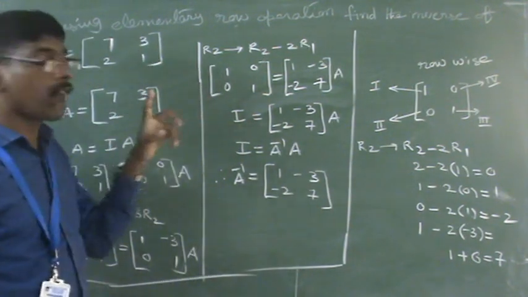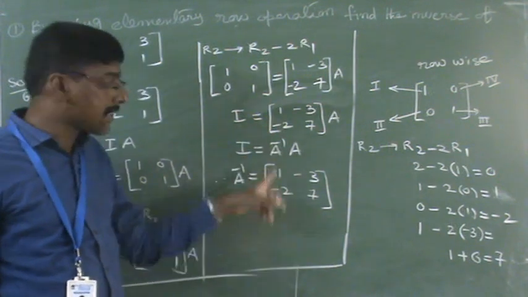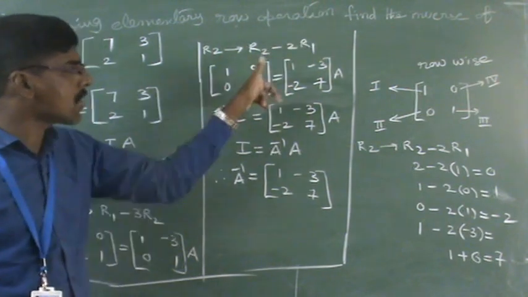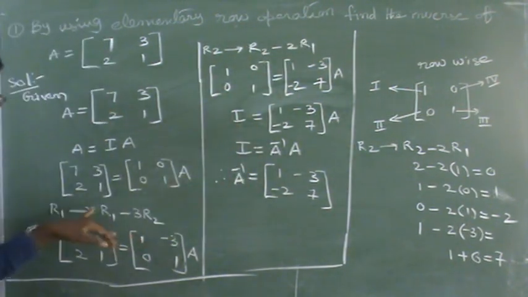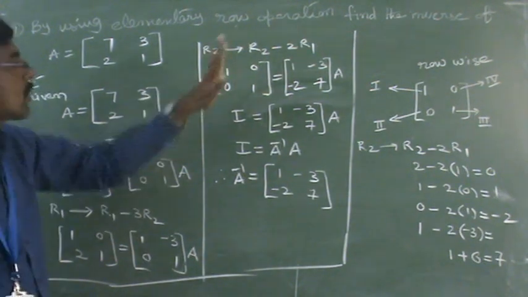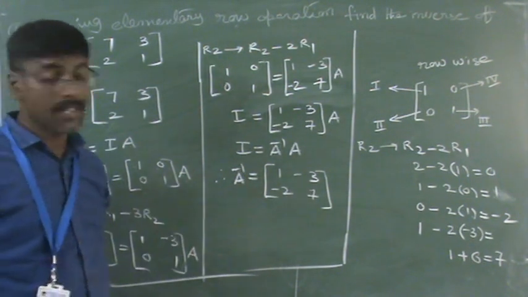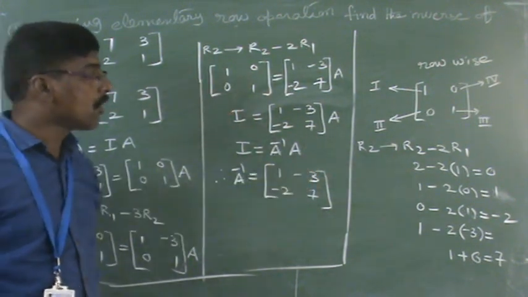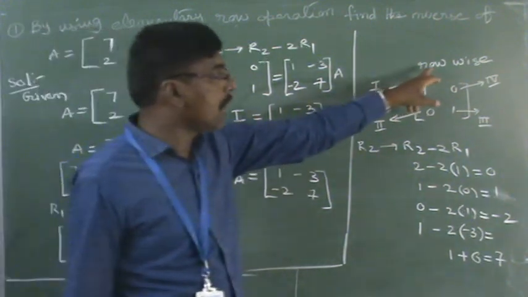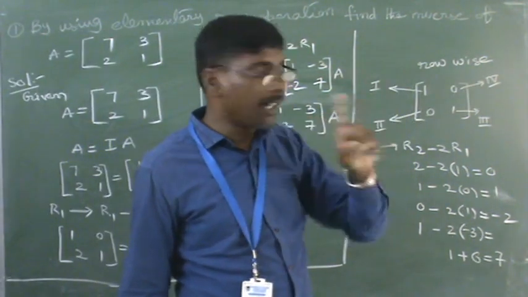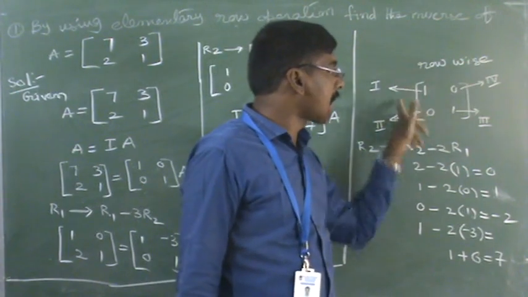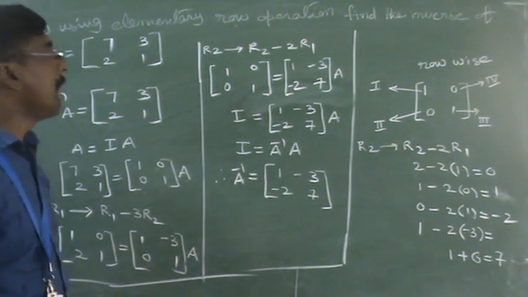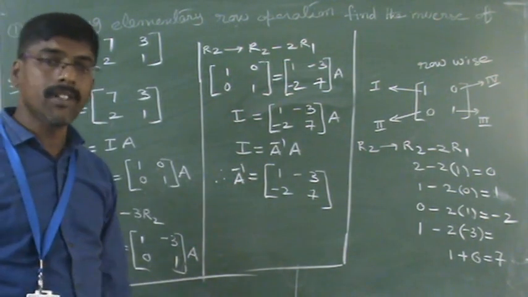This is how to find the inverse of the given matrix. This method is called elementary row operation. What operations are we using to find the inverse? Here we are using simple ones. This is one operation and this is two operations we use to find the inverse. These are also elementary row operations. You need to remember this order very clearly. This topic is about using elementary transformation to find the inverse of the given matrix.